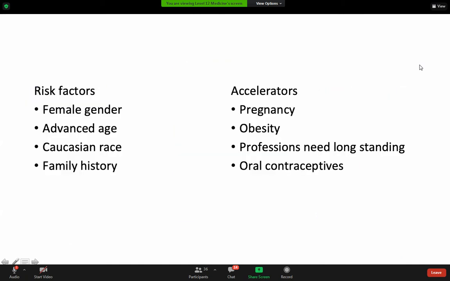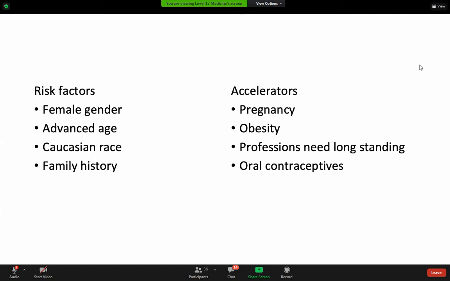About risk factors for varicose veins, there are risk factors like female gender, advanced age, Caucasian race, family history. These are the risk factors. On the right side of the screen, those are not risk factors but accelerators only. Many people don't differentiate between risk factors and these, and they say risk factors: obesity, pregnancy. No, those are accelerators. Pregnancy will not cause varicose veins, but pregnancy will accelerate it,